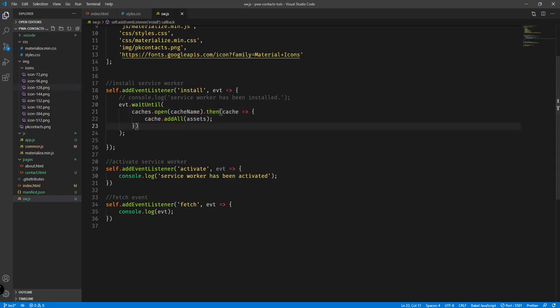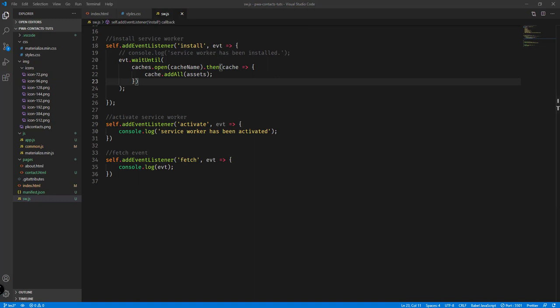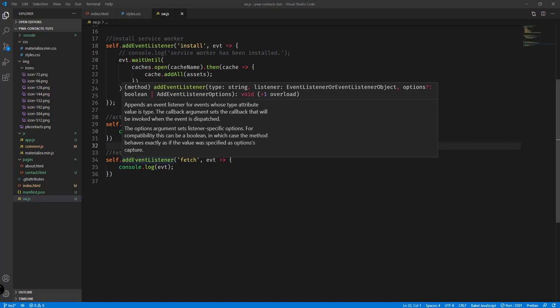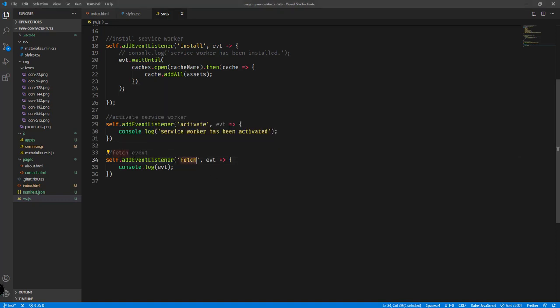We could save that. And here inside our fetch event, what we could do is try to check the resources being requested. If that particular resource is present in the cache, then we're going to use that resource coming from our cache instead of directly requesting it from the URL or from the remote server. So that's why inside our fetch event listener, we also need to add some other cache files or some other resources into the cache. So basically, for example,